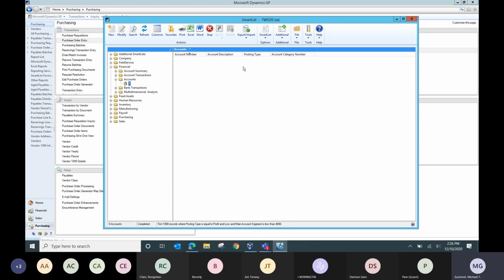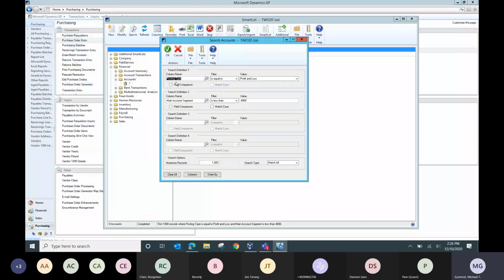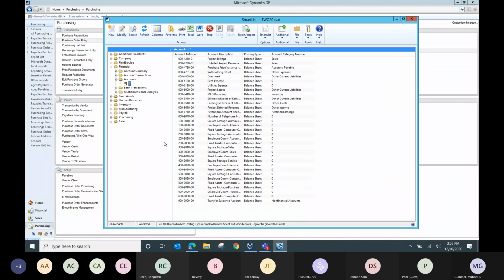So in here, I'm looking and I see, okay, it looks like all of my P&L accounts are set up correctly. So let's go through and see if all of my balance sheet accounts are set up correctly as well. So I'm going to go back in here to search, and I'm going to say where my posting type is now equal to balance sheet, and where my main account segment is now greater than 4,000. And I hit OK. And now I can see I have a number of accounts here that are set up as balance sheet accounts that fall within my